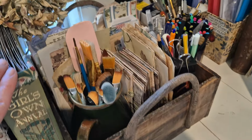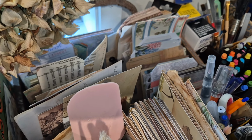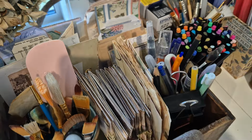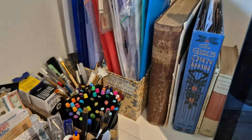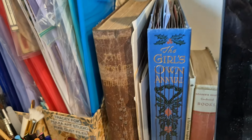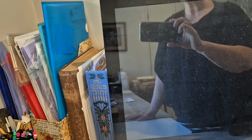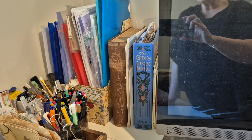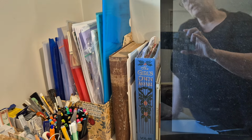flower and mushrooms. This is like people have what's in my box for crafting. That's started ephemera and not finished, and then we've got all my pens and doodaki stuff. These are what I have been collecting that I've been showing you, and I've got 1, 2, 3, 4, 5, 6 so far. Those ones have got Tracy Fox, Polka Art Studio, Pixie Dust Files, and a few others